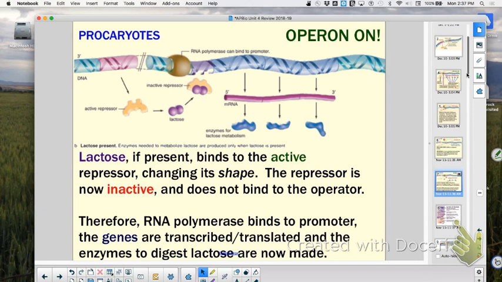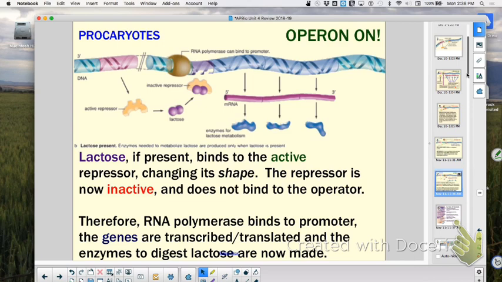Another thing you want to then put on that extra layer, remember how we kept layering up, leveling up? Then we had to take into consideration the transcription factor needed in order to help RNA polymerase bind to the promoter. Even if lactose was there, it doesn't mean the genes are going to be transcribed, right? And so then we talked about you needed to have that transcription factor which would help RNA polymerase bind.